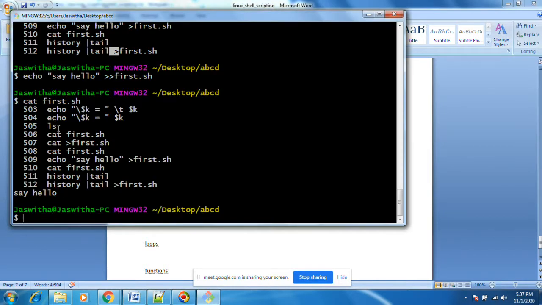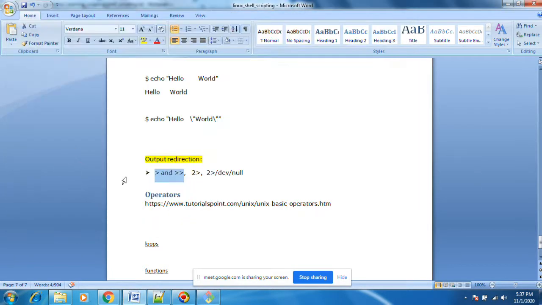Echo we use extensively, and then greater than. Any command, if you keep greater than, it will create a file and then add data. Double greater than will create a file, and append data if the file is already there. For all commands it works. Whatever the output is, if any command generates output, that output will work here.